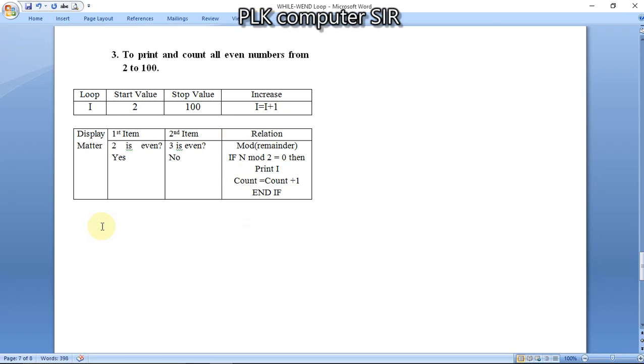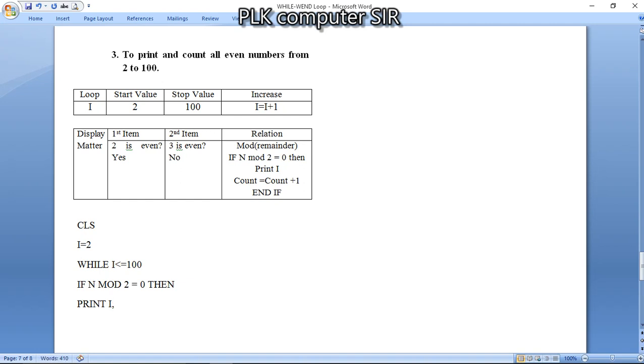Now how to write the program code: CLS, initialization I equal to 2. What is the condition? While I less than or equal to 100, then we check the condition. If n mod 2 equal to 0, then we will print the I variable.